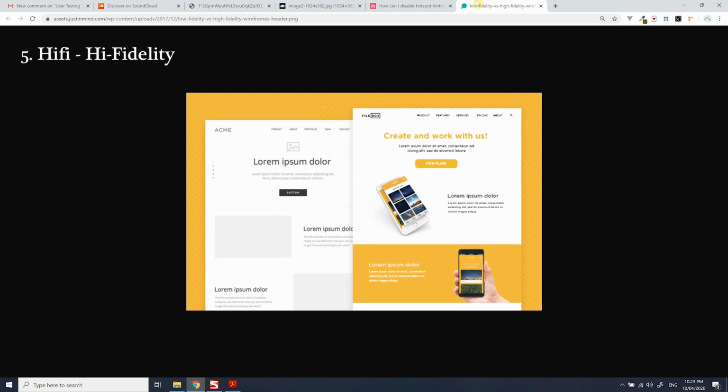Last one for user testing format, the good old high fidelity. Hi-Fi. So if you do get into Illustrator or Photoshop and make a hi-fi, that may be your way of doing your user testing. You could do some A/B testing. You may want to do some surveys. You can even use hi-fis in things like InVision if you wanted to do some click-through testing through the other formats as well. So just wanted to cover off those different types